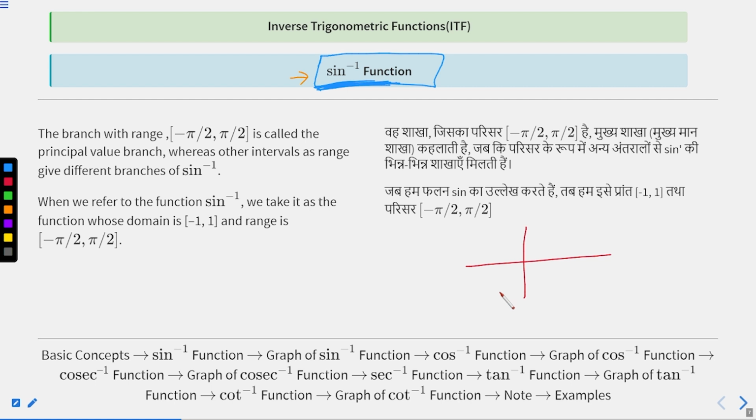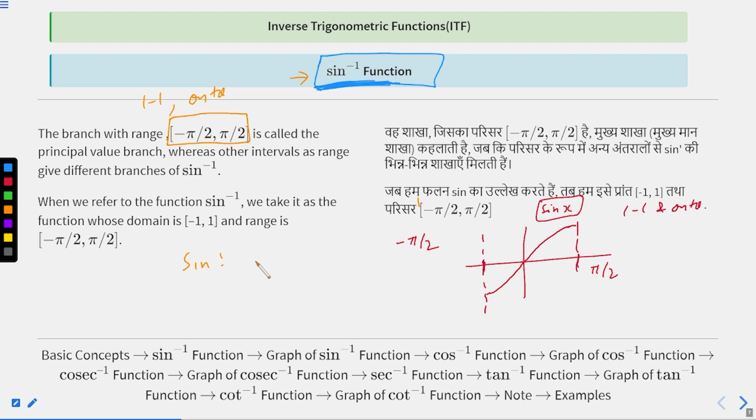We define our sine inverse function from, to make sine x 1-1 and onto, we take an interval minus pi to pi. As you can see, my sine function in this interval is 1-1 as well as onto, because sine function is